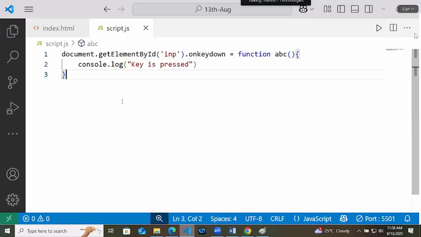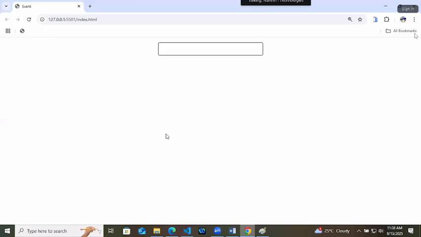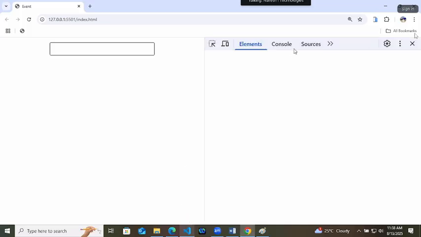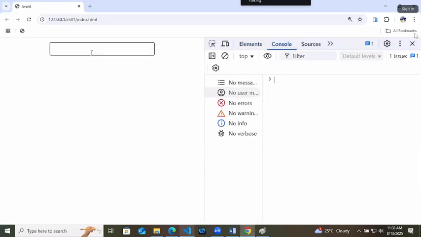Just to check that key is pressed. So refresh, go to inspect, go to console. Here I will press Q W E R T Y U I O P and enter.